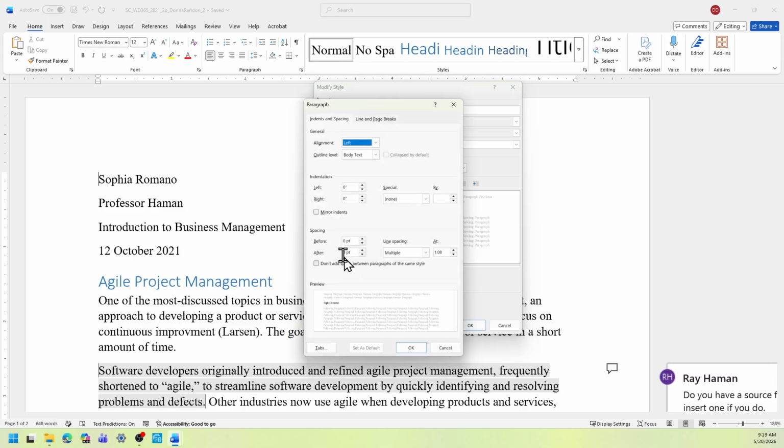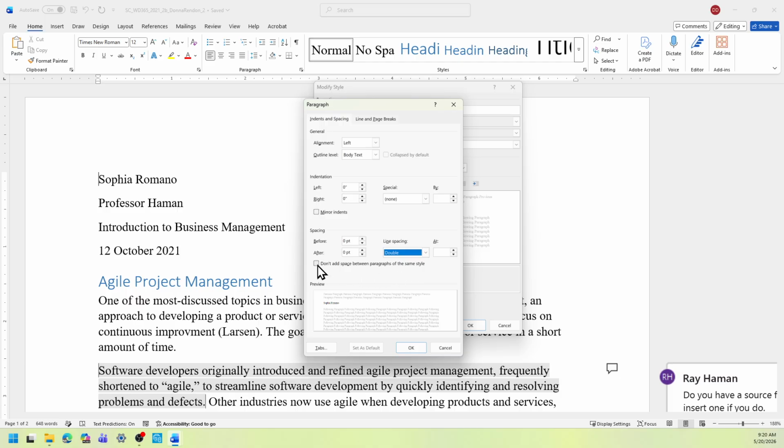And then the spacing is the third options here. The first one is the general under indents and spacing. There's indentation, but we want the spacing. The after is 8 points. So you need to select 0 or you can type 0 as well. And then the line spacing should be double.